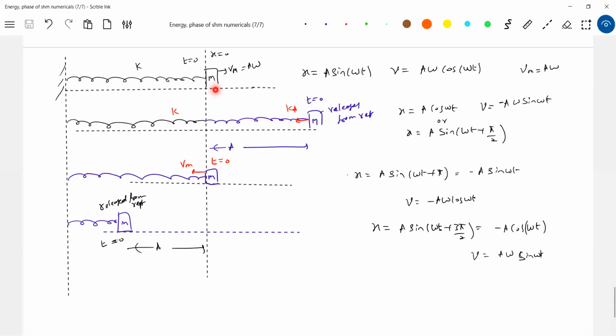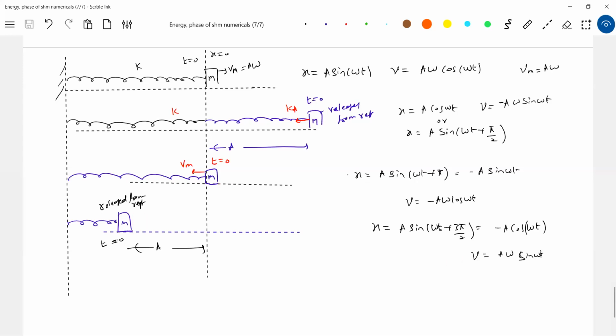So therefore what I do is either I'll give velocity or I'll pull the block by a distance and release it. If I start counting time when the block is here, I should write this equation. Let's not bother whether you were given velocity or pulled out, it's none of our business now. If you start counting time when the block is here, write this equation. If the block is at the right extreme, write this equation. If the block is at the mean and moving towards left, write this equation. If the block is at the left extreme and you start counting time, write this equation.